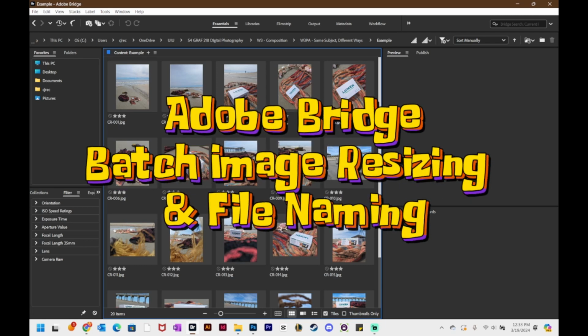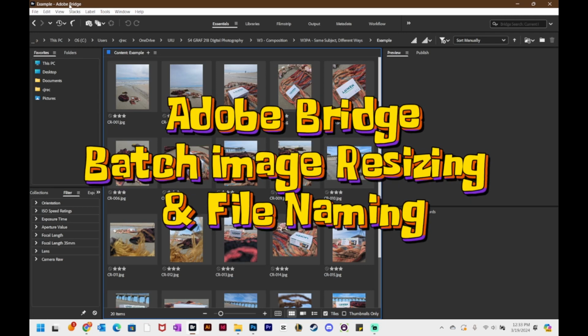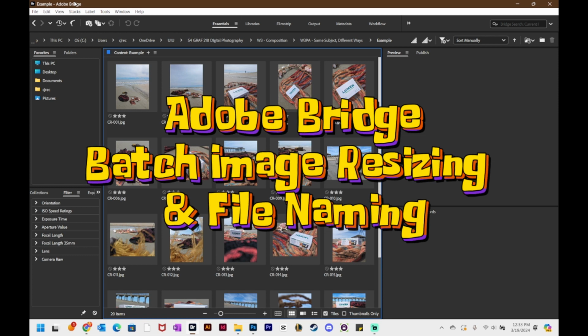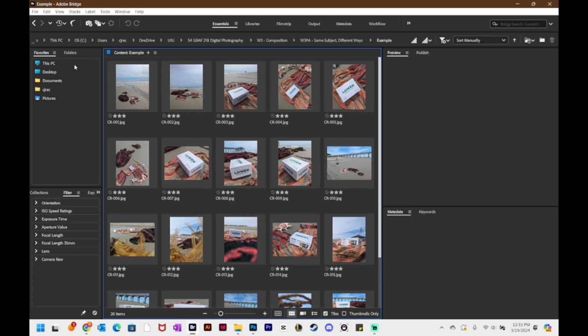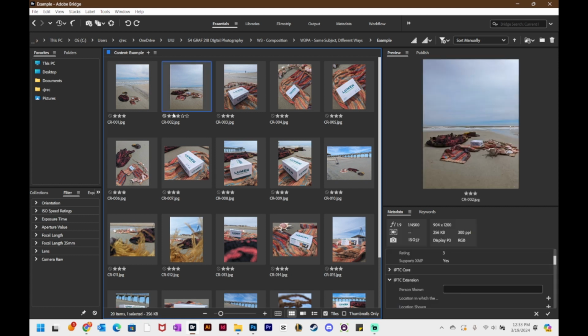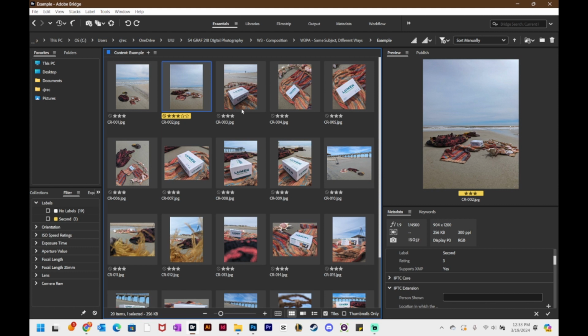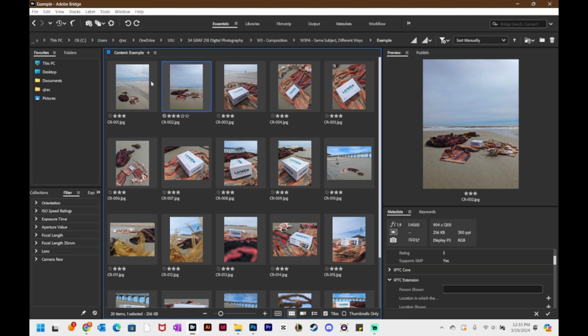Ahoy class, for those of you that have Adobe Creative Suite, you should have access to Adobe Bridge. It's a really awesome file browser. It's a great way to browse, organize. You can rate with stars, you can rate with color labels. Like I just pressed Control 7 on my PC to make that yellow so I can see things. And I just want to show you a couple of batch processing things that can really speed up your workflow,